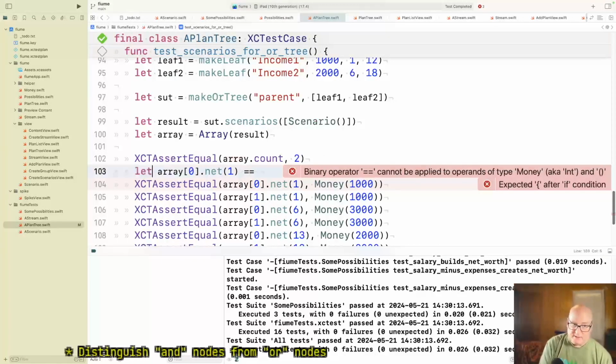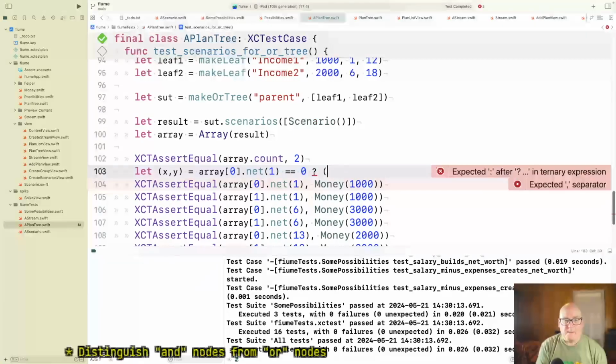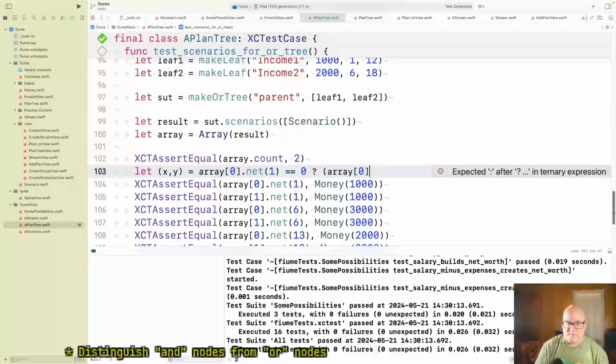All right, I'm gonna do something. I don't know, this may be too obscure. Equals if array net 0 net 1 net for month 1 is 0 goes to array sub 0, array sub 1.